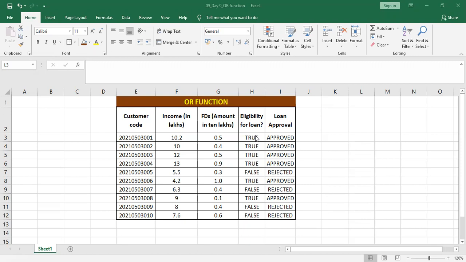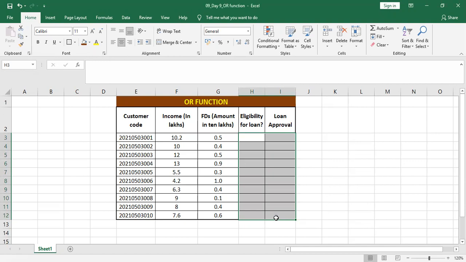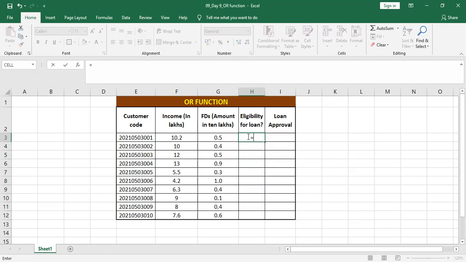Okay, these are the results that I took out, but I'll show you how we can apply the OR formula or OR function. Let's start. First of all, I'll press equal to, then the formula OR. Now with the formula OR and AND, these two functions need some logical tests.